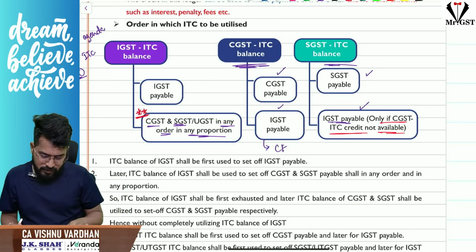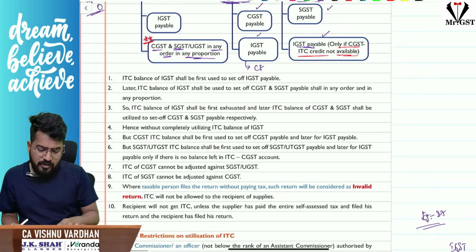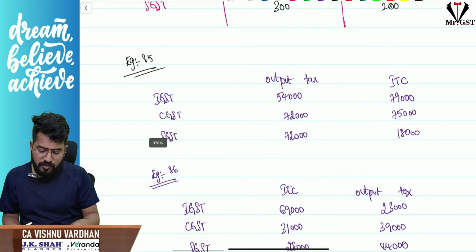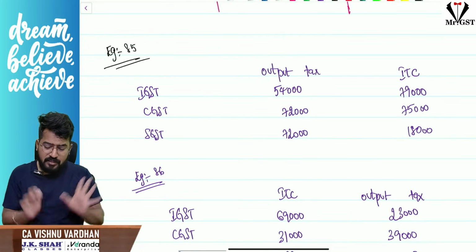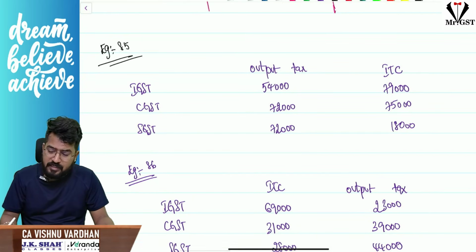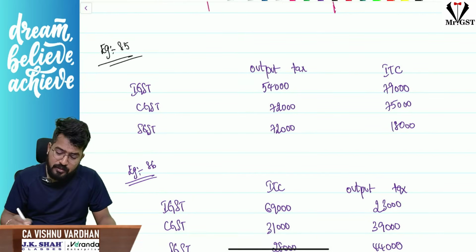Right. So that is the point. Fine. So those are the rules here. So I'll just show you one problem, how to do this. See, understand the approach, how to set off actually. Imagine these are our output tax and input tax. Clear? So what is our first target? So our first target is to make this